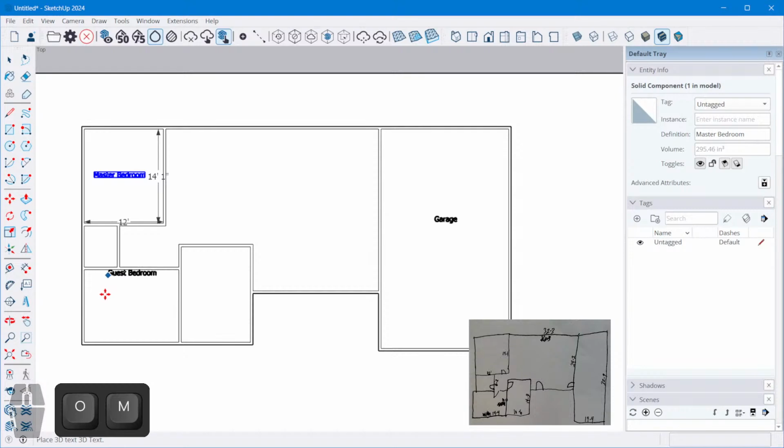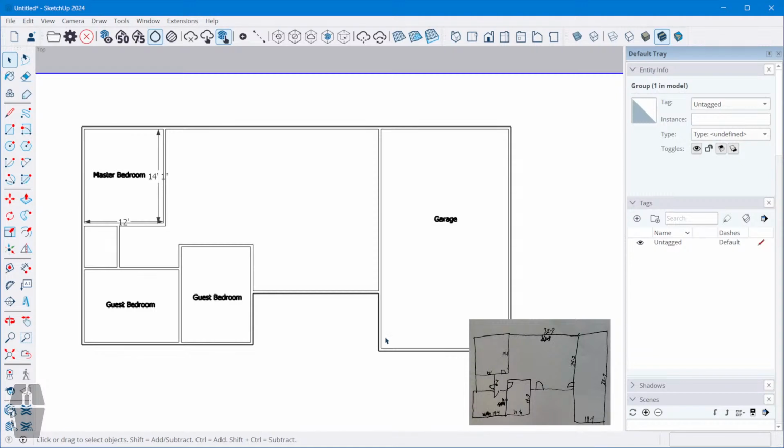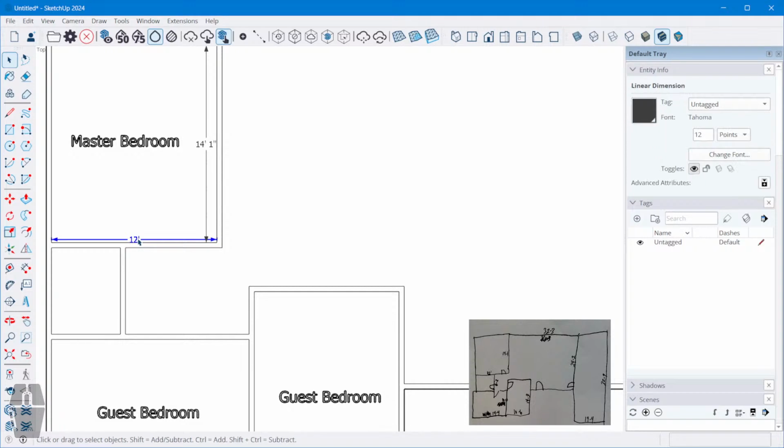Because, well, why not? And I'll just copy that over. Guest bedroom, guest bedroom. Looks good. Now, I must have forgotten to... Maybe this was a bathroom. I can't remember what that was. I think that might have been a bathroom. Okay. So, we now have our basic 2D diagram-ish